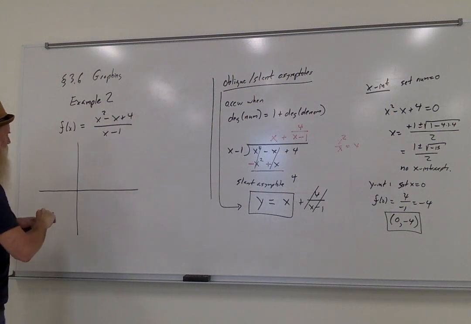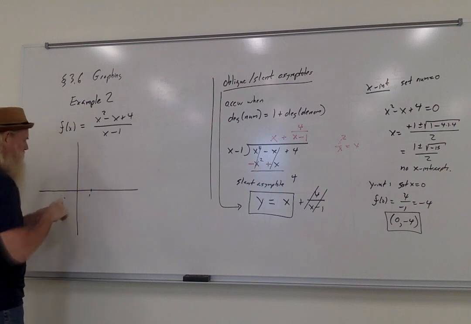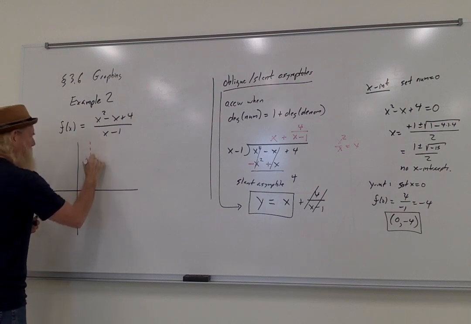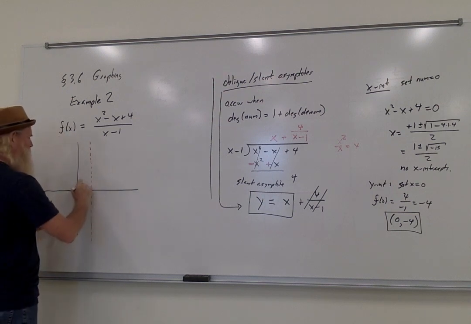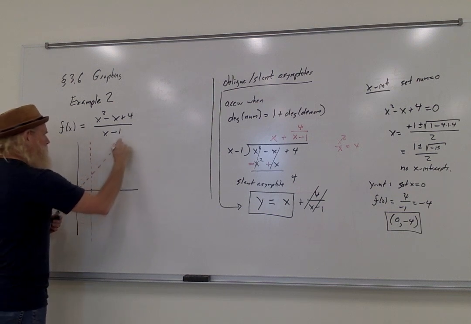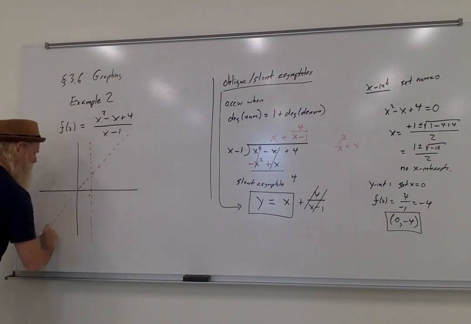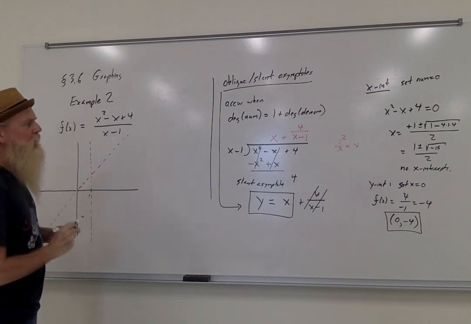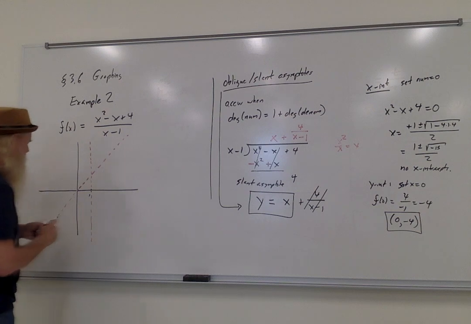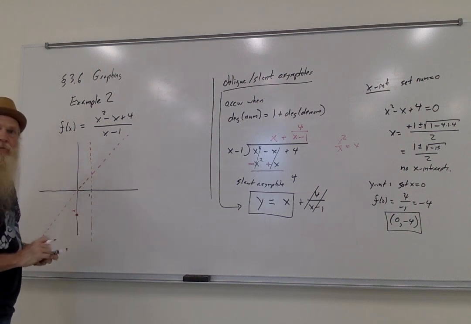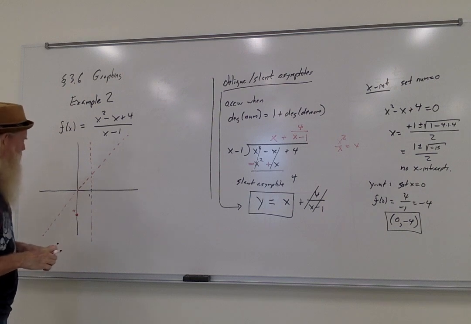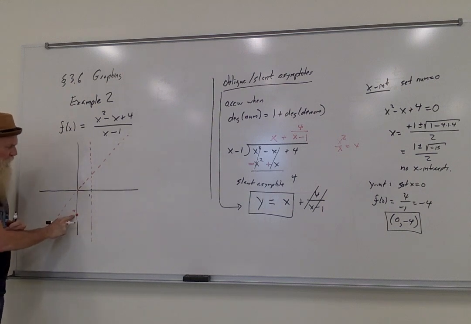So we have a vertical asymptote at x equals 1. We have a slant asymptote with equation y equals x. We have no x-intercepts, and our y-intercept happens at 0, negative 4. So let's just say that this is negative 4 on the y-axis. But this is really enough to go ahead and get a pretty good graph of the function. We know that the graph has to cross the y-axis down here at negative 4, but it also has to